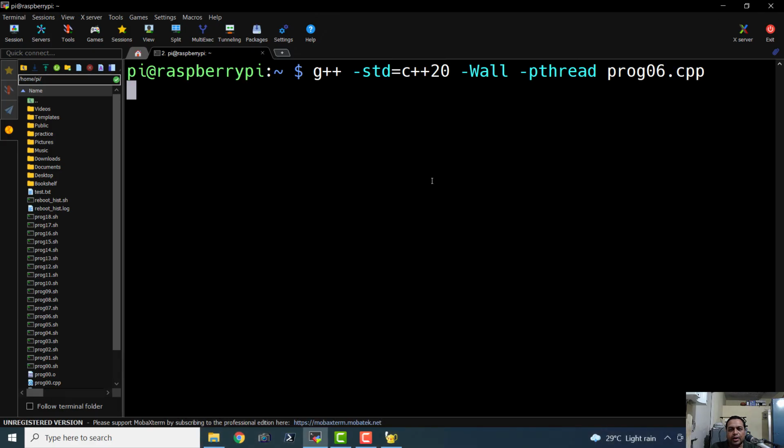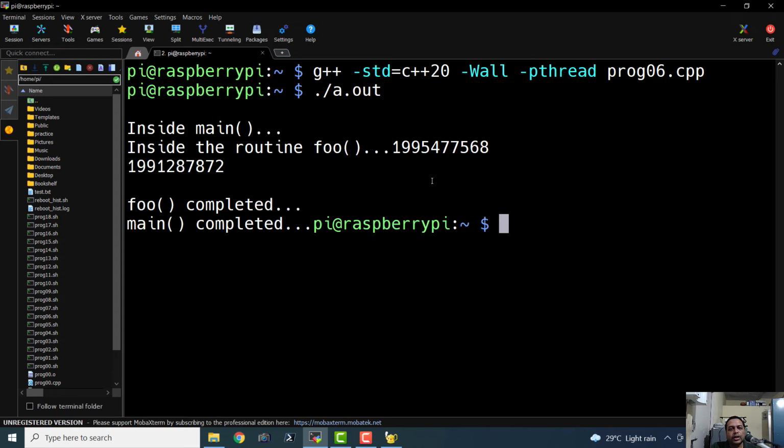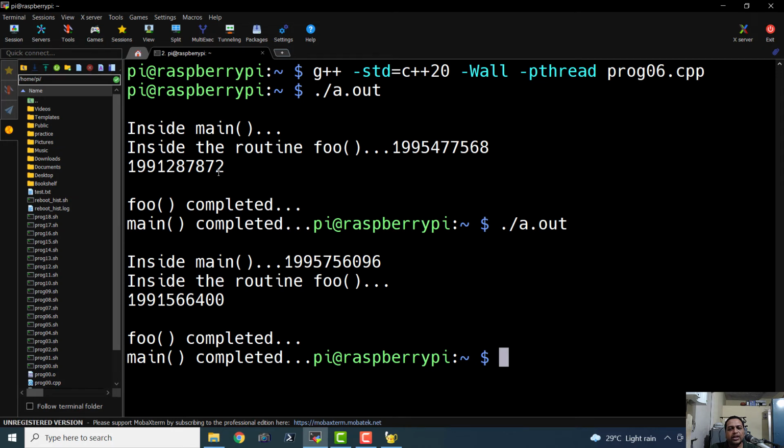Let us demonstrate this by compiling and executing it, a.out. And here we have the parent thread ID as well as the child thread ID. Every time we execute it, it is supposed to assign a new ID, because every time it is creating new processes.